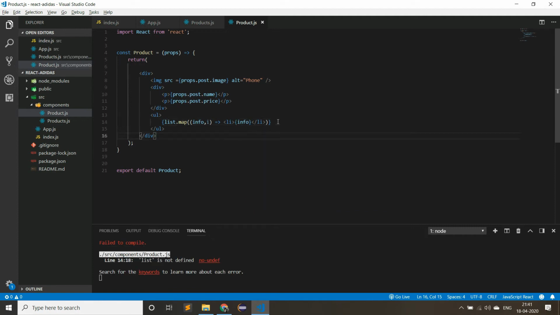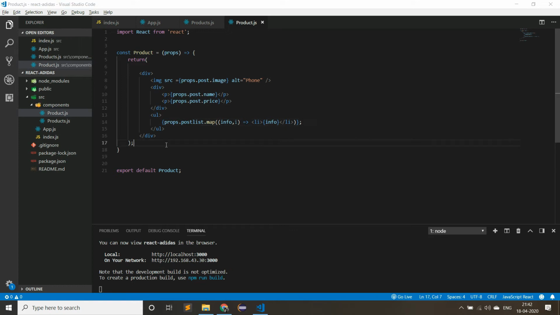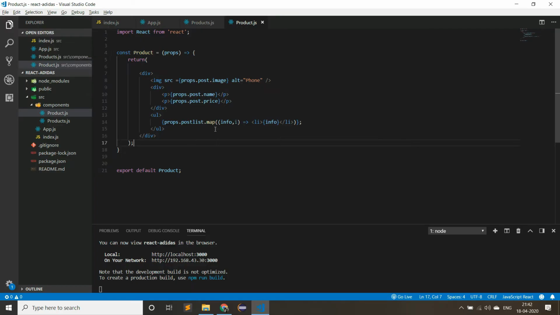Let us run the output. Here we are getting an error. That is, here it is props.post.list. Change that list to props.post. Refresh the page again. Let us see. Here we are getting an error. So I have missed a dot.